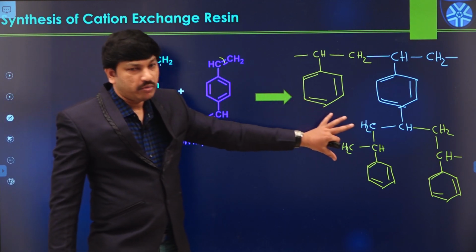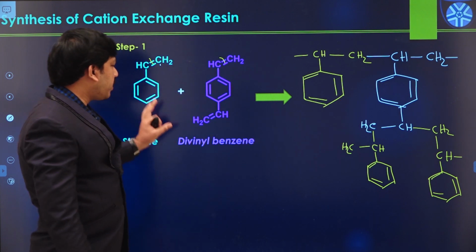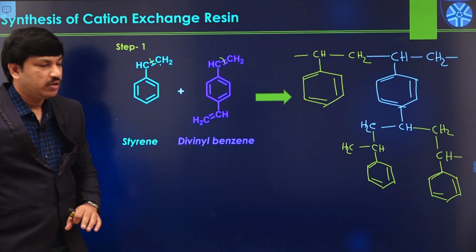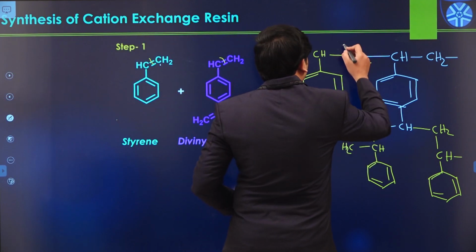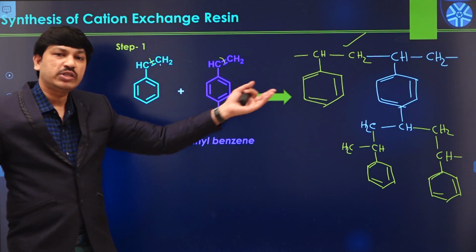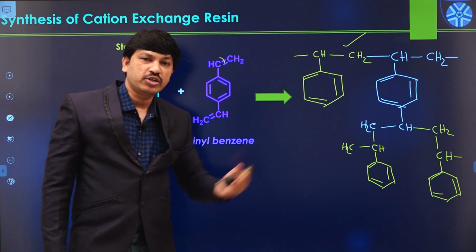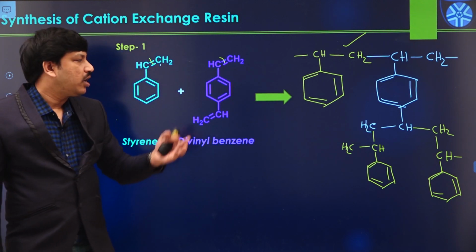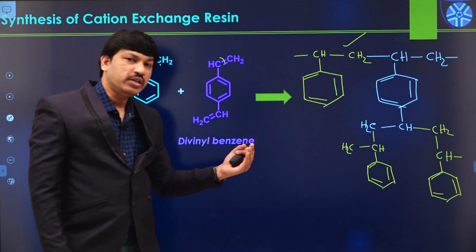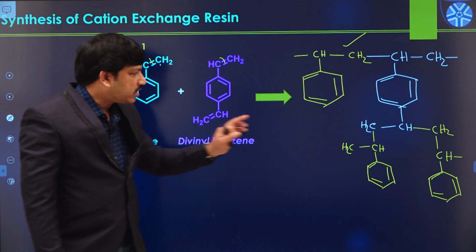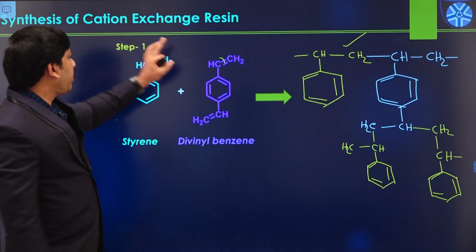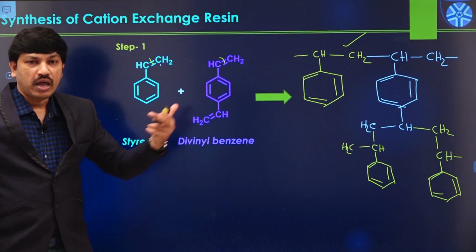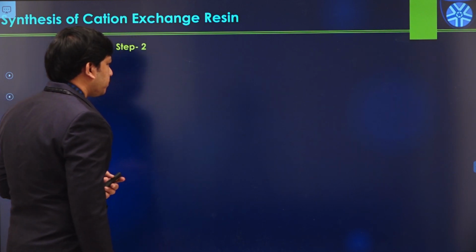This is only the copolymer. This is not our required resin. We just generated the copolymer by using styrene and divinyl benzene. Then this copolymer undergoes further sulfonation or carboxylation, or reacts with different types of formaldehyde and amines, and we can generate the corresponding cation exchange resin as well as anion exchange resin. Now let us see how to generate one of the cation exchange resins by using the sulfonation process. After that we will see generation of the anion exchange resin also. Okay.